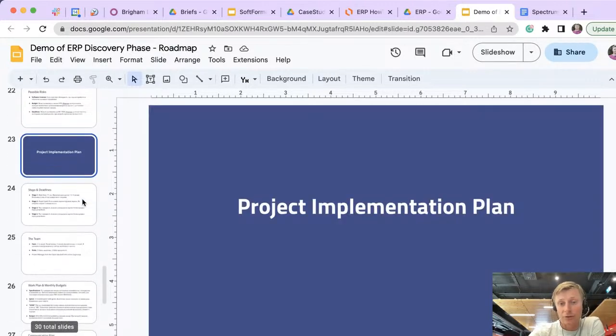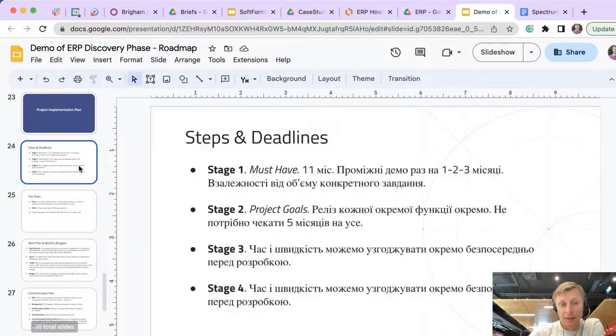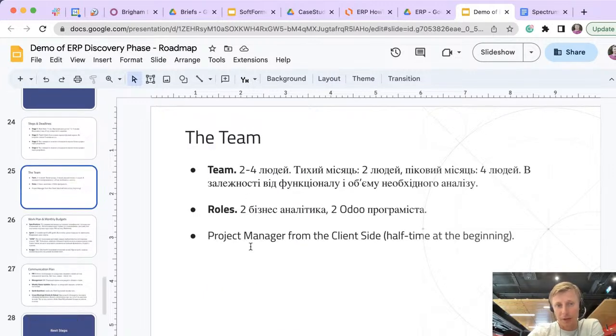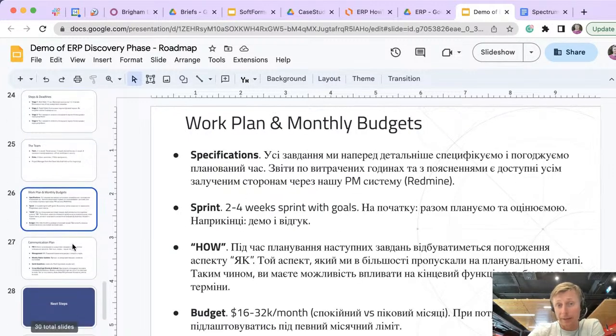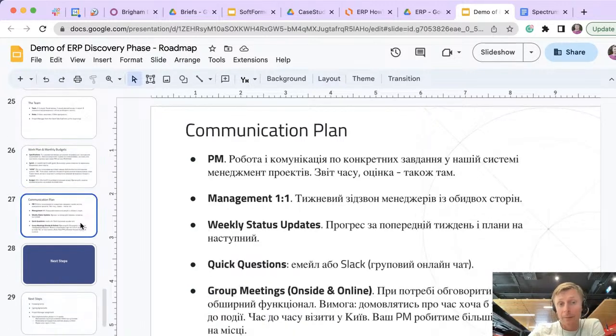And the next big section is about the actual plan: not just what we'll achieve, the numbers, the budgets, the estimates, the deadlines, but now how we want to do that. The first slide is about steps and deadlines, how we call these stages: must-haves, project goals, and then nice-to-haves. Then the team roles, project manager on their side, then the work plan and monthly budget specifications, how we work in sprints, how the sprint is implemented, the budgets per month that they need to account for, and then the